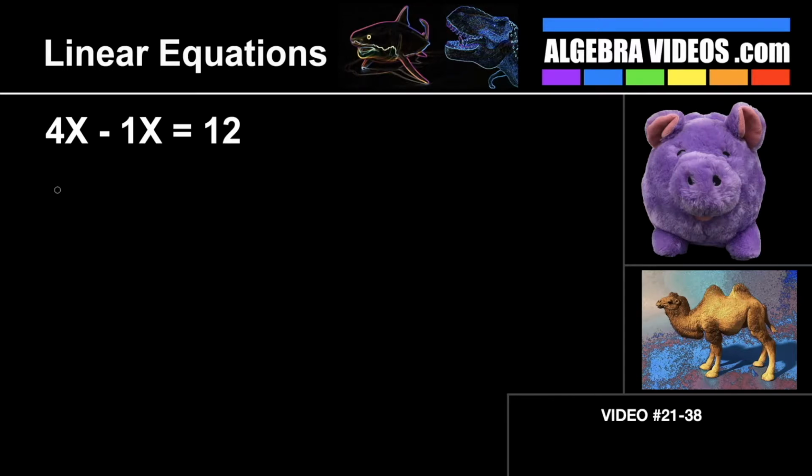Okay, look at this problem. 4x minus 1x equals 12. So how do we solve a little problem like that? Well, first of all, in algebra, I want to acknowledge that